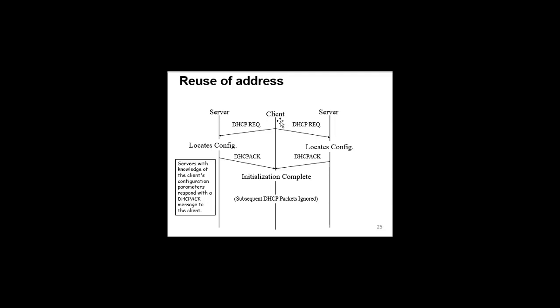So let's say you have already received your offer, and now, after some time, you want to reset or retransmit the request message. You can start either from a DHCP discover or from a DHCP request. But for this, you must keep in mind that you have to have been part of a network earlier, in the previous phase.